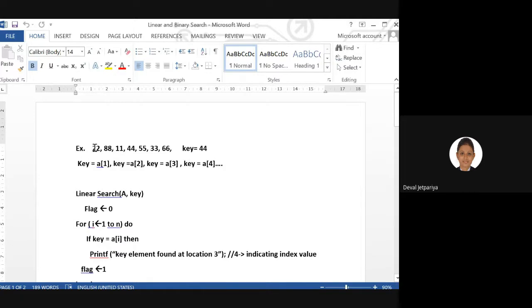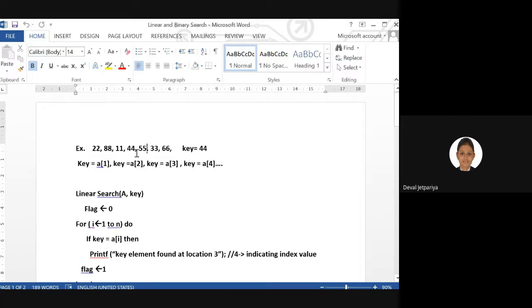For example, this is our example, and this is our key element. This 44 we are comparing with the elements in the list one by one. So 44 is compared with 22, then 88, then 11, then 44. At this level we find a match of both values, so in that case we print that 44 is present at this location.